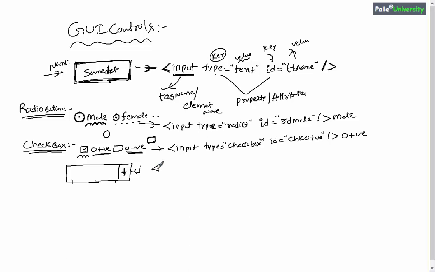Now let me show you the HTML code required for creating the drop down list. You should use something called the select tag, with an ID. Assume that inside this drop down list I am going to display some states information, maybe Indian states. So I will write ID equals DDL states. What does DDL mean? Drop down list. Some people also write CMB, which means combo. Then the end of the select tag.